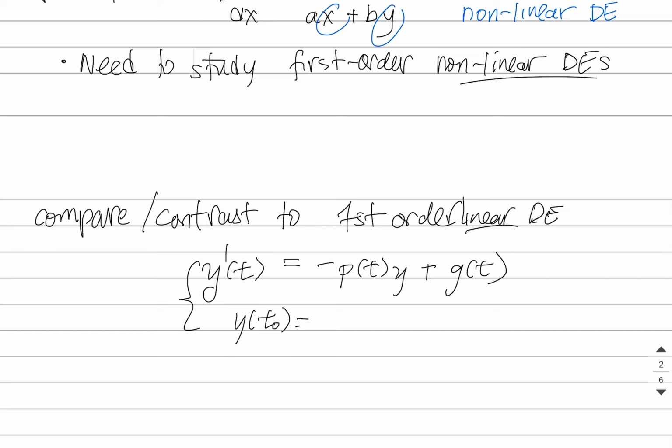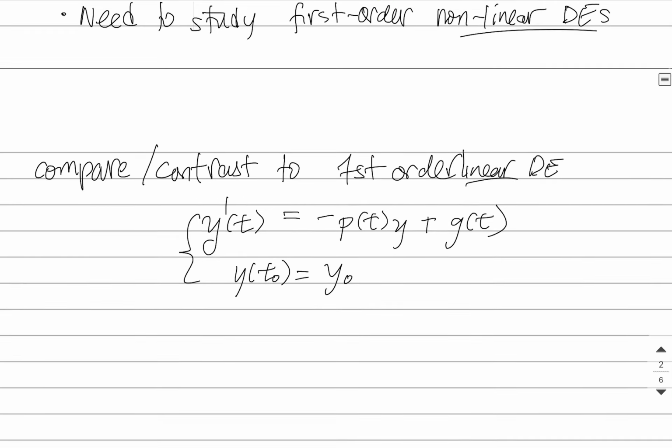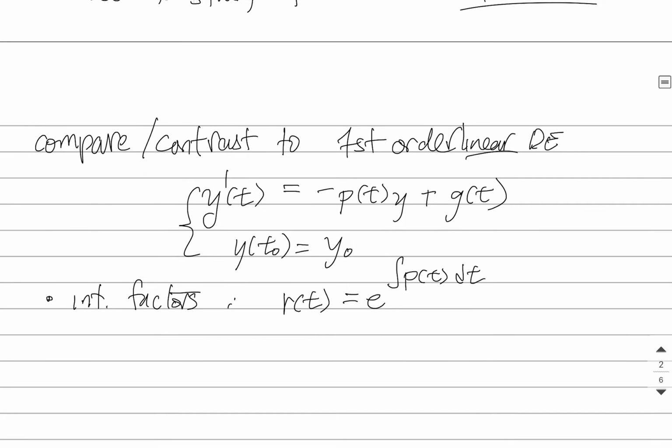At some initial time t naught, let's say we had some initial condition. There was a way to actually solve this. We could use integrating factors, and the integrating factor here would be simply the antiderivative of this term in front of the y. So let's call it r of t for now,